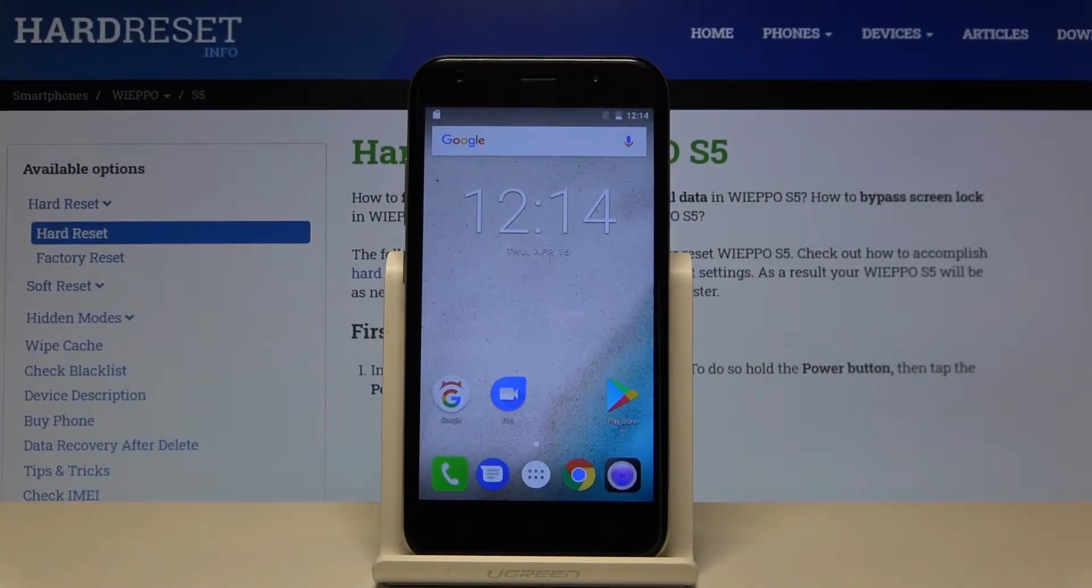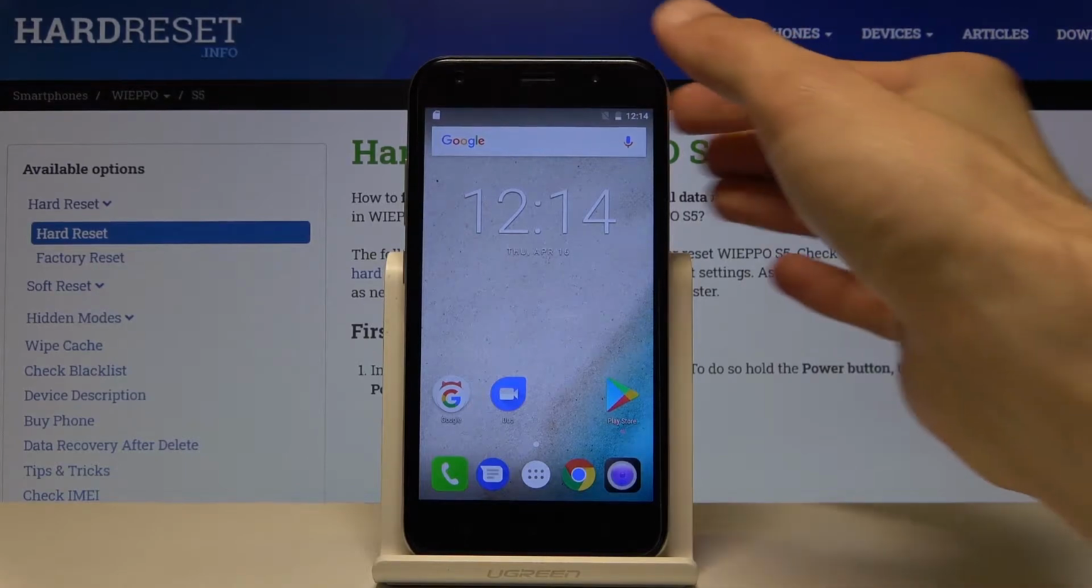Welcome. Film is a WIEPPO S5 and today I'll show you how to capture a screenshot on the device. So to get started, open up the content that you wish to capture, which I'm just going to use settings